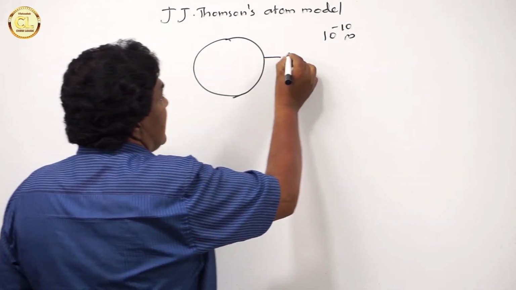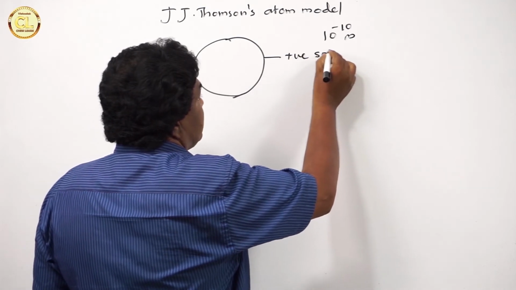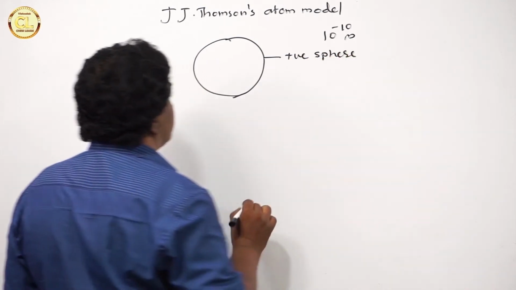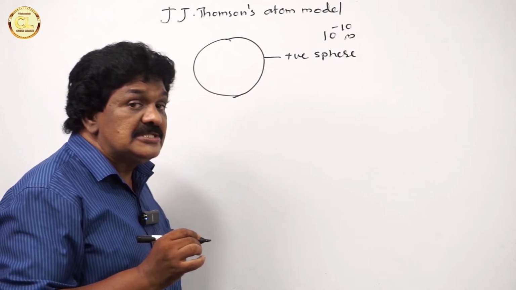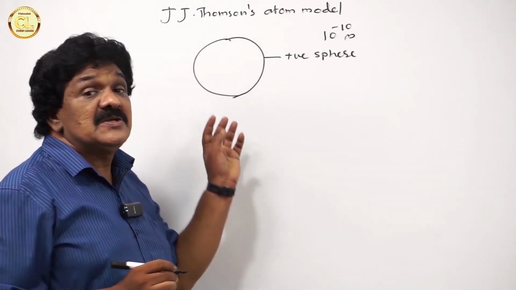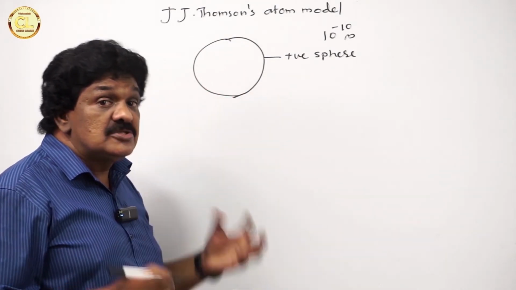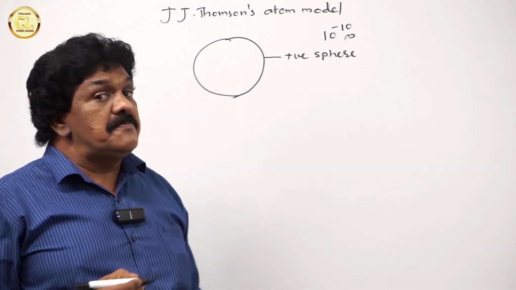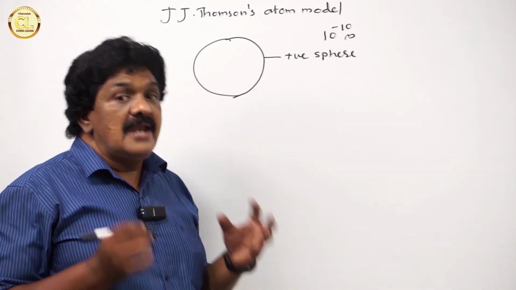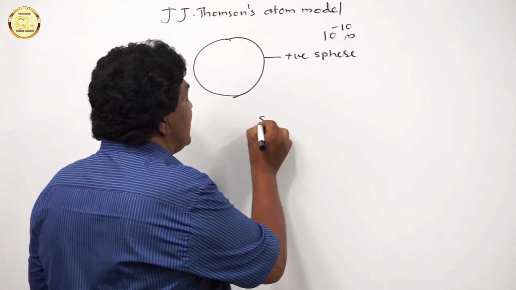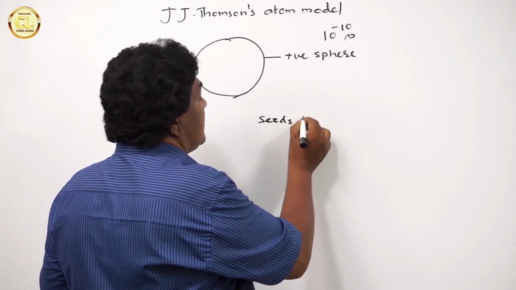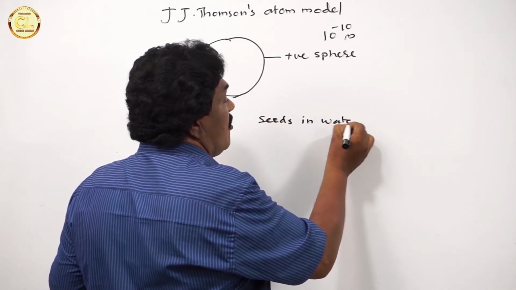See, this is a positive sphere. Electrons are embedded in this positive sphere. Electrons are enclosed in this positive sphere like that of seeds in watermelon,